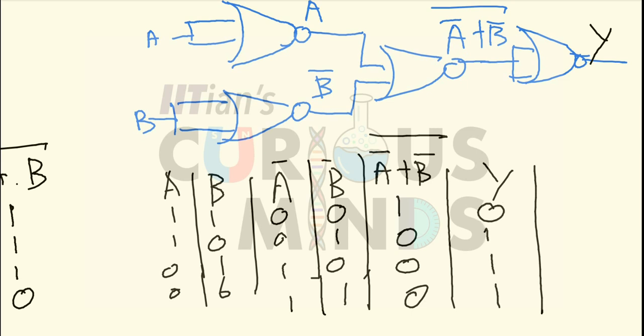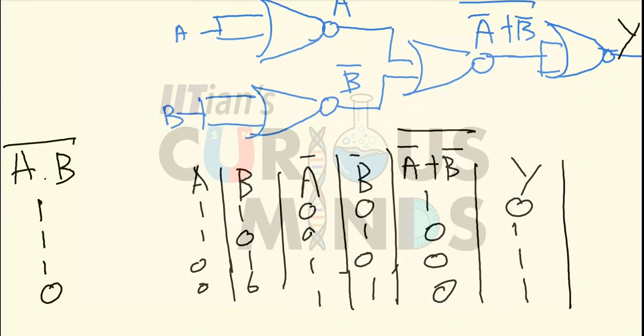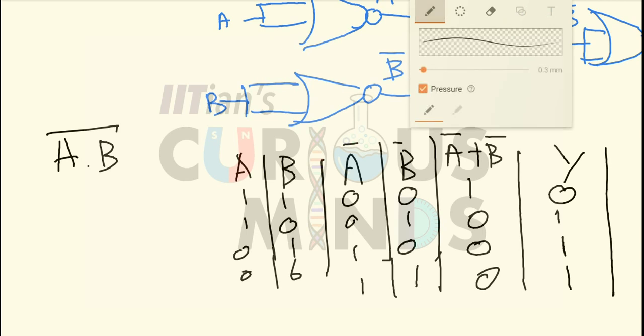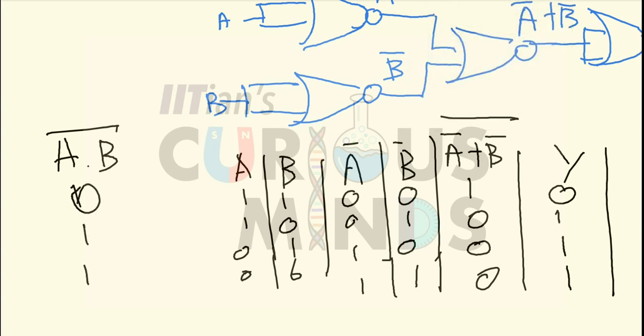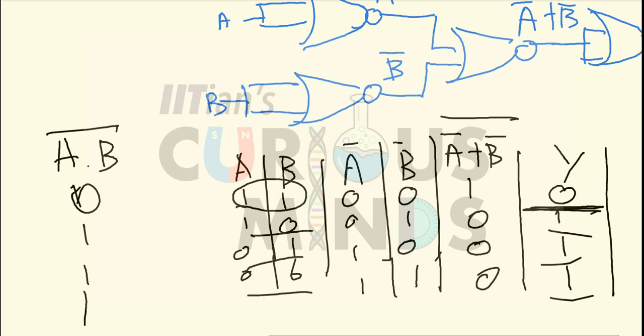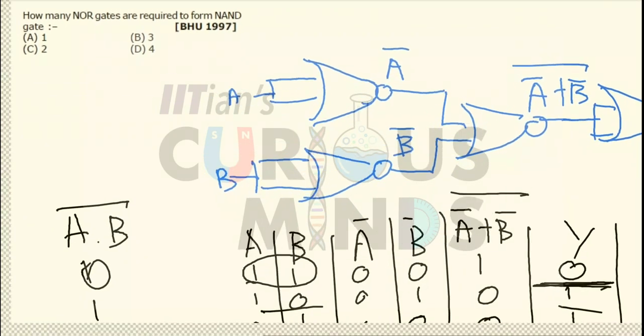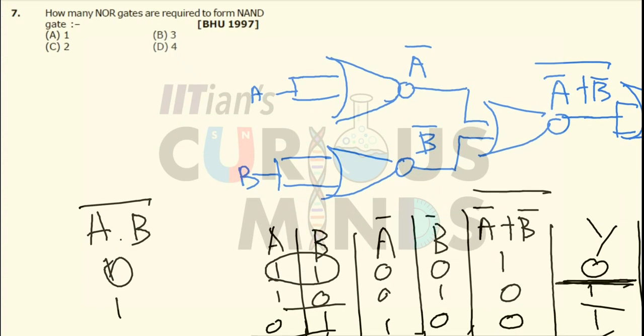So over here this is the NAND gate. This is the expected output. I have written it in the reverse form. The expected output is 0 1 1 1, that is, when both the switches are on, the output is off. When any one of the switches is off, the output is on. So this is how I obtain a NAND gate from 4 NOR gates. So the correct answer is option number D.